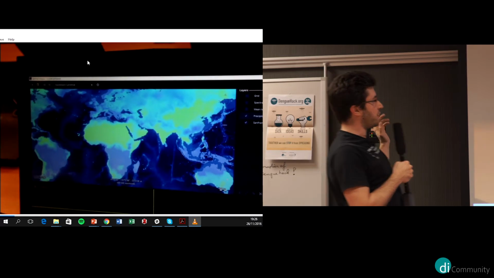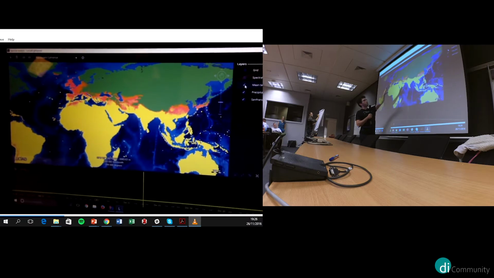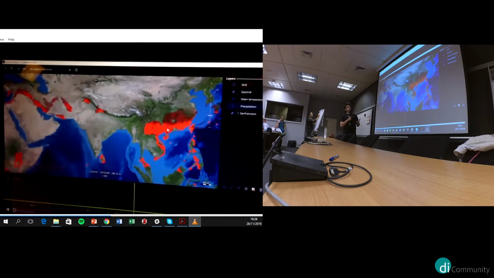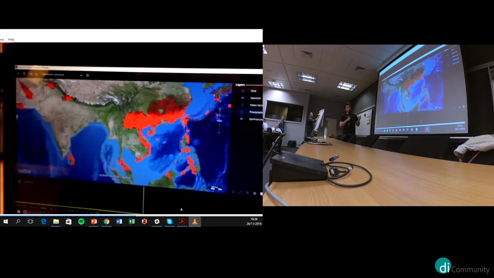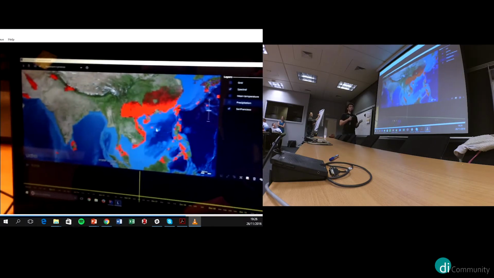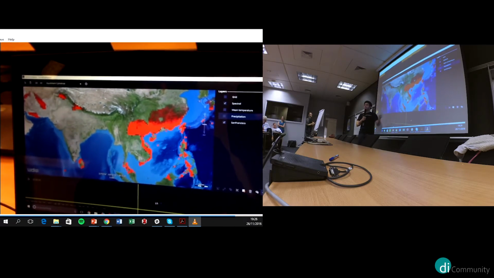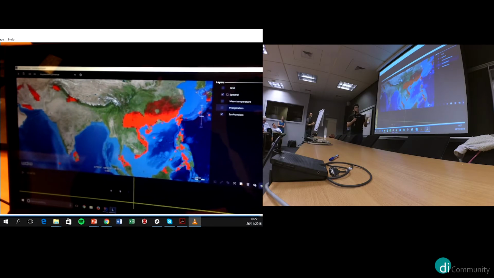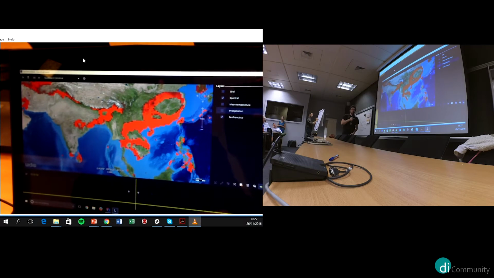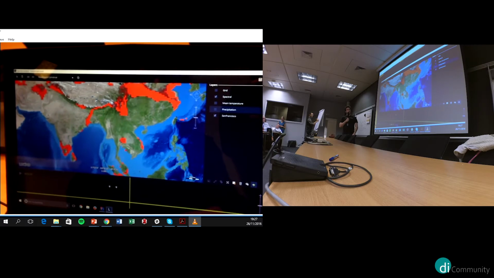So what you see over here is precipitation. Again, this is a different styling. We can move through the data. We can switch to temperature overview. But what we can also do on the fly, which is what we intended to do all along, is combine these data sets to find areas that have high humidity and precipitation, but also high temperature at the same time, which is then visualized in these red areas. Then we can scrub through the data, tweak the parameters on the fly, and we get these results. And the idea was, what if we could correlate this with dengue? Maybe we could also predict other outbreaks later on using just visual analytics.